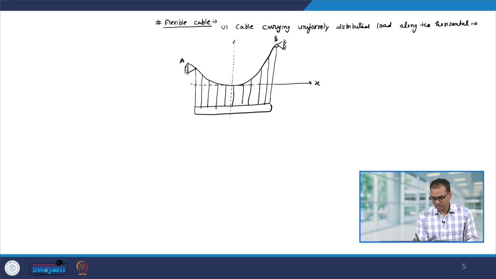So, this is the x axis, this one is the y axis